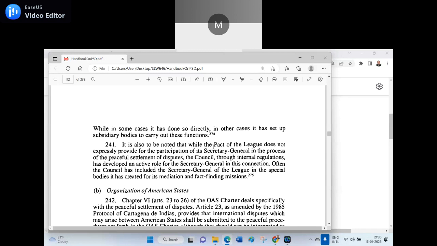It should also be noted that while the Pact of the League does not expressly provide for the participation of the Security Council in the process of the peaceful settlement of disputes, the Council, through its internal regulation, has developed an active role for the Secretary General in this connection. Often, the Council has included the Secretary General of the League in the special bodies it has created for its mediation